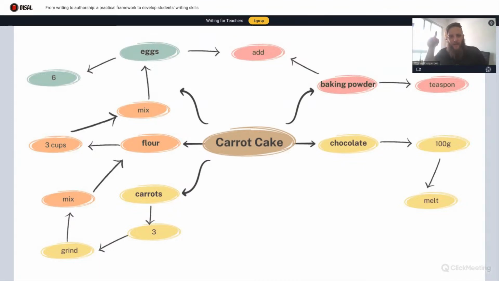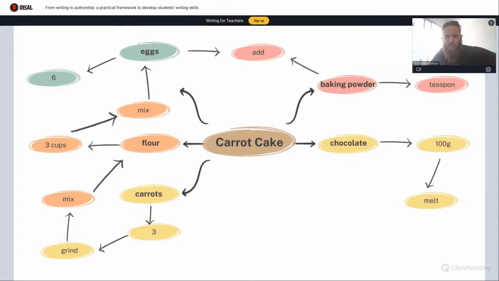You need, and then mix chocolate and baking powder, mix carrots and flour and eggs, to talk about their recipes, because even though it's a writing class, I still wanted students to speak during the lesson so as not